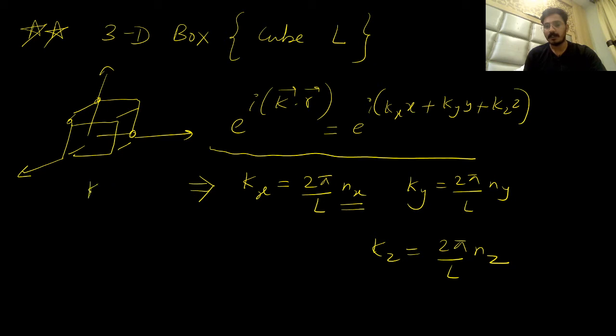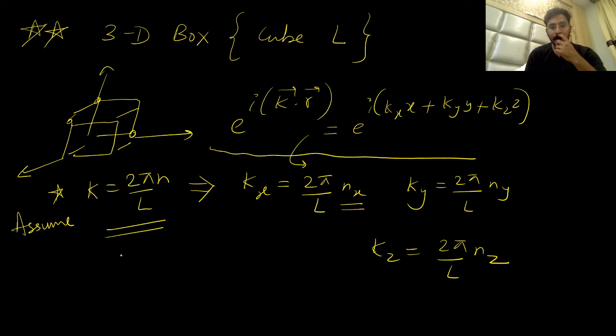K is given in the question as 2π/L times n, which says the number of modes in unit range of k is equal to L by 2π, which can be written mathematically like this. This line has been written in the question, and the question says assume this, which means we don't have to derive it. You can just use this directly from the question. Okay, and we know that for a 3D box,